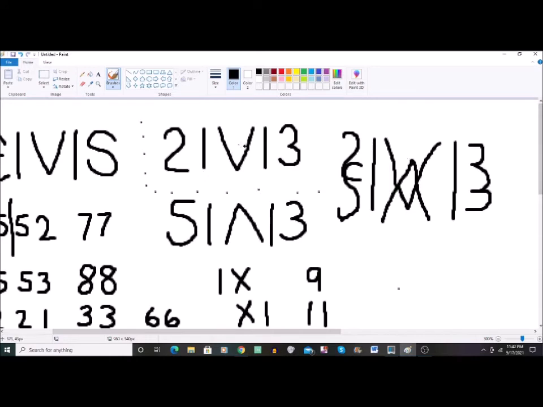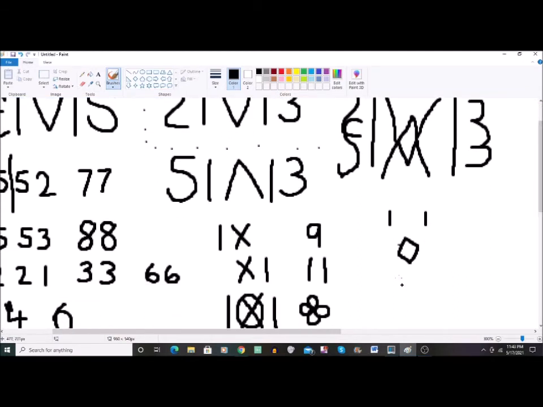Okay. Let's look at this now, right? And let's turn this into a diamond, yeah? So what you have is you have this, and you have this, and you have the diamond in the middle. And it reminds me of two playing cards. One's a little more abstract than the other. The first thing it reminds me of is an ace of diamonds, with the one in the corner. Usually you only have it in opposite corners, like this across here. You don't usually have it in every corner on a playing card. And so it kind of reminds me of an ace of diamonds, but the other thing that this is, this diamond is the number 11,